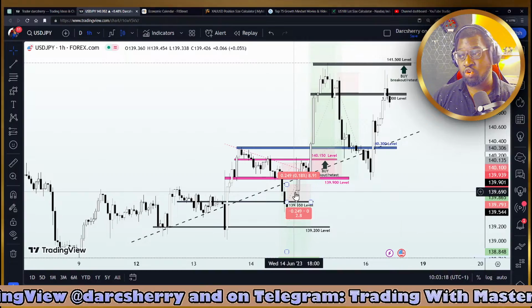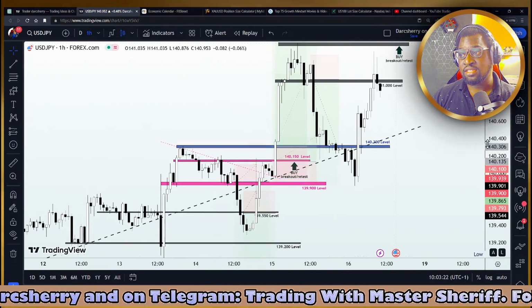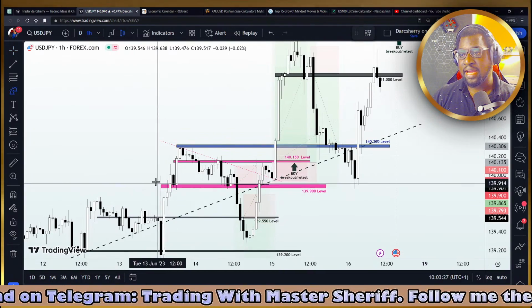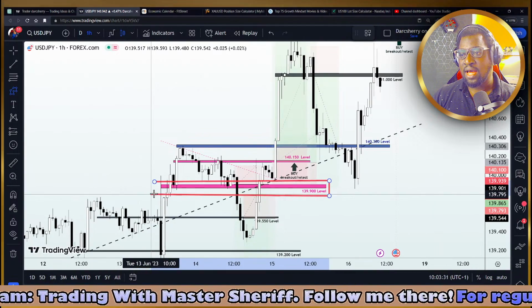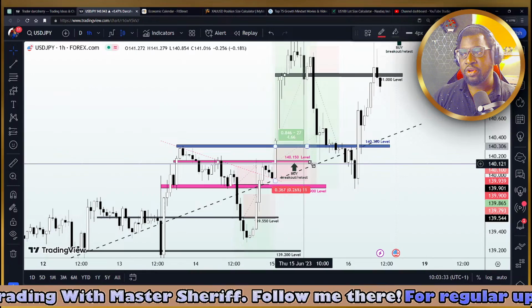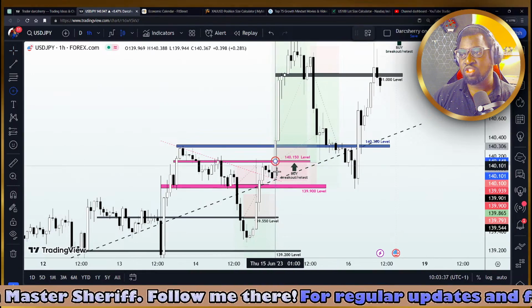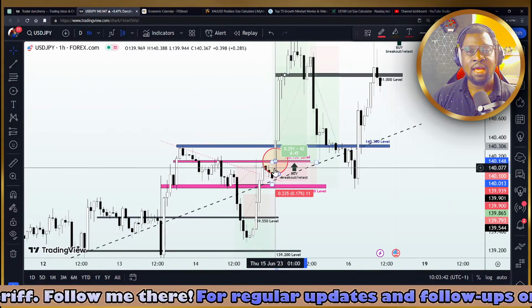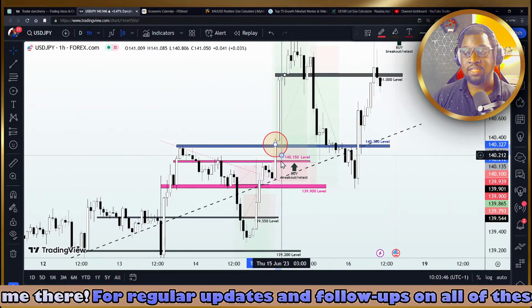I think Wednesday stroke Thursday's trading session. Remember, we acknowledged this structure around the 139.900 level here, that pink line, and then we also had the 140.150 and the 140.300. And remember, we had buy stop orders on Tuesday. Was it on Wednesday? Yes, we had buy stop orders on the 140.150, and we also had one at the